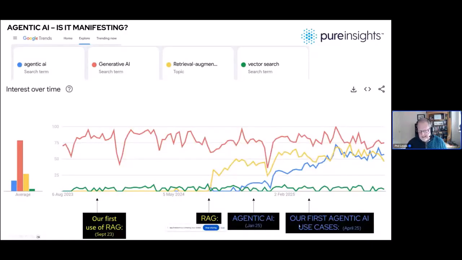But we have already got some agentic AI use cases in play, just as we had with RAG, right? So with RAG, we set up our first RAG demonstrators way back in September '23 using large language models back then. And then this RAG here is where Google put it onto google.com. So it might seem as if RAG has always been around. These AI overviews have been around for quite some time, but they haven't. And agentic AI hasn't been around for very long either, literally just at the start of the year. So there's a lot of hype. There's a lot of growing hype, a lot of growing